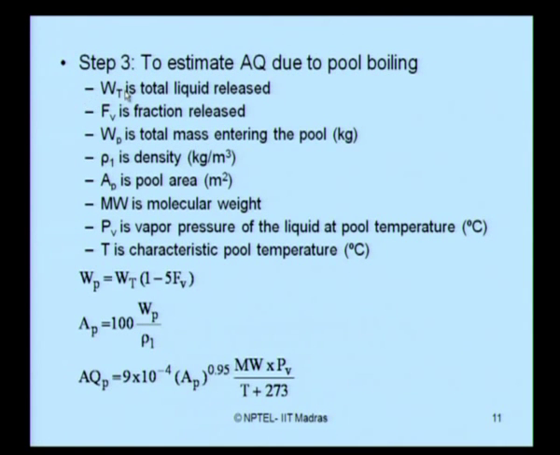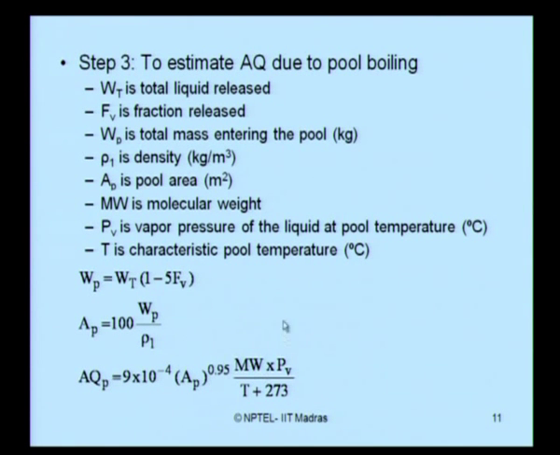If Wt is the total liquid released and Fv is the fraction released, which we saw in the previous equation, Wp is the total mass entering the pool, ρ1 is the density in kg per cubic meter, and Ap is the pool area, and Mw is the molecular weight, then Pv is the vapor pressure of the liquid at pool temperature, and T is the characteristic pool temperature in degree Celsius. Then AQP, which is the airborne quantity due to pool boiling, will be given by this equation,